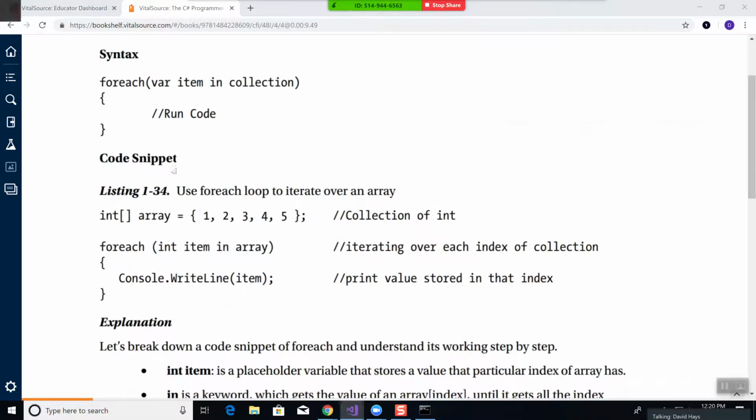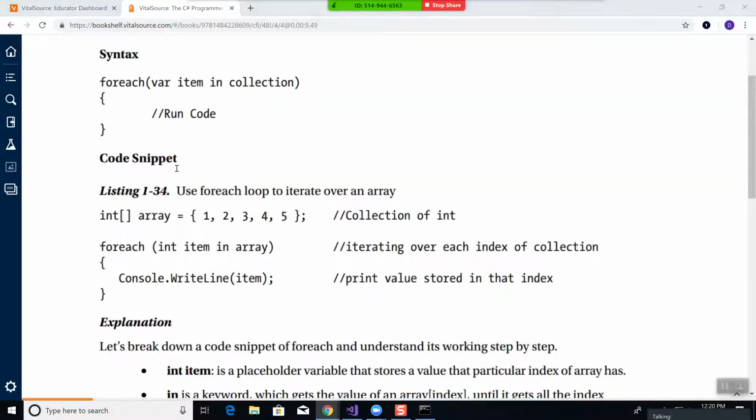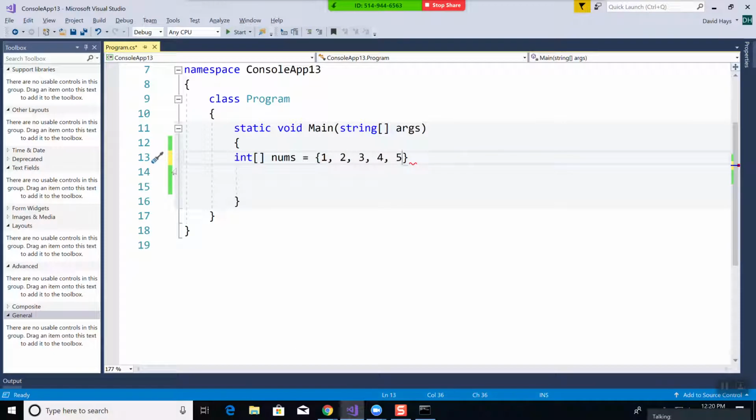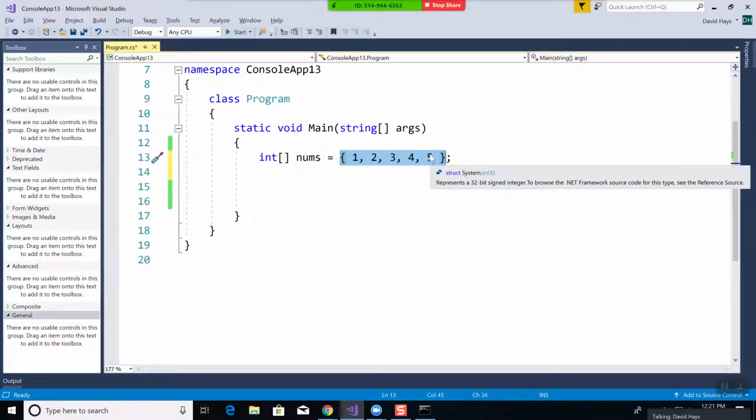And then we got equals 1, 2, 3, 4, 5. Okay, so this again means it's an integer number with no decimals. The brackets there tell it's a list of them, so you're going to have multiple ones. We give it some kind of name, and this initializes it, so it sets the values equal to 1 through 5. Now the way that indexes work,